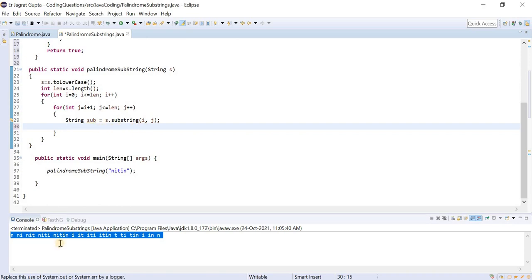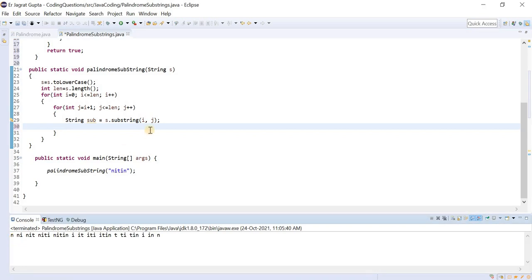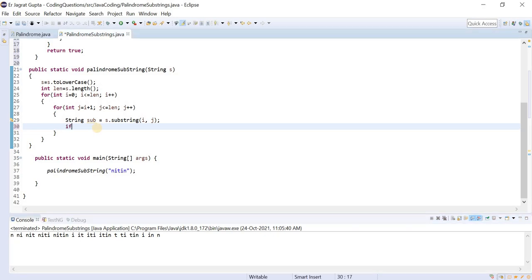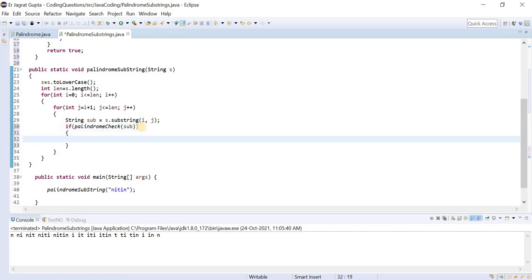Just suppose this N is here. Okay, the first output is n. So n is here. Now it will immediately check whether this is palindrome or not. If this would be palindrome, it will print, otherwise not. So I would like to apply a condition. If I call this function palindrome check sub, if this would be the case, then what we can do?